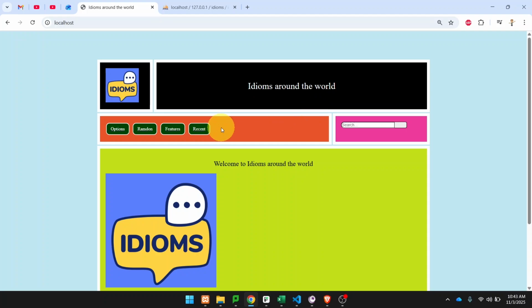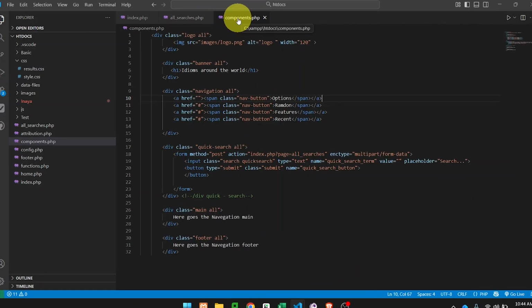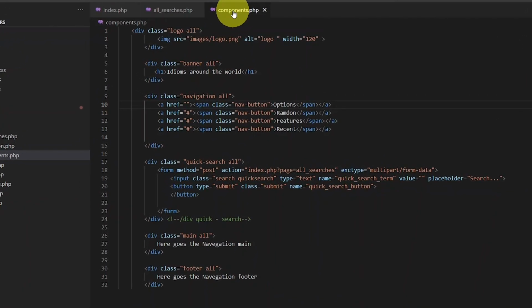Now we are gonna add data in our database. We are gonna do two things before we start. First of all, I'm gonna add a link for a form to introduce our data in this part. Let's start. On my components PHP, I'm gonna find the image, and here I'm gonna add the link to the